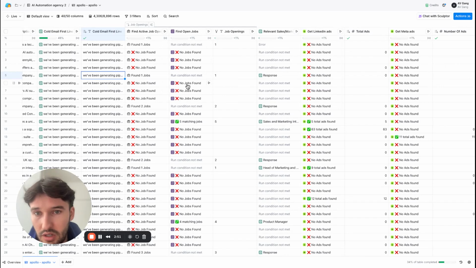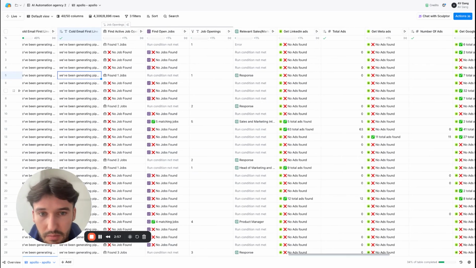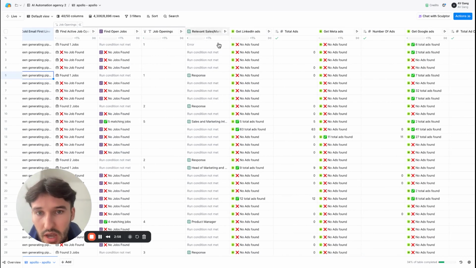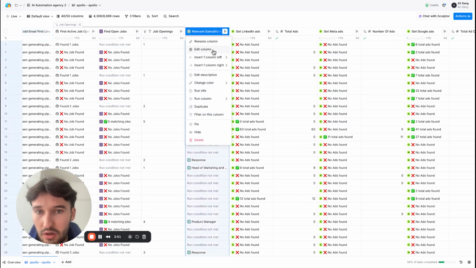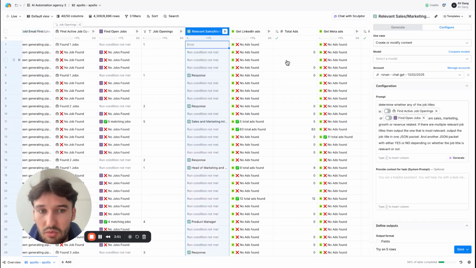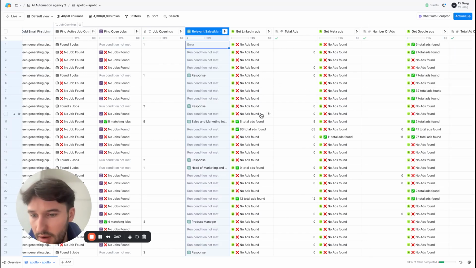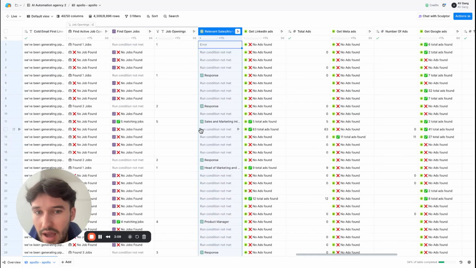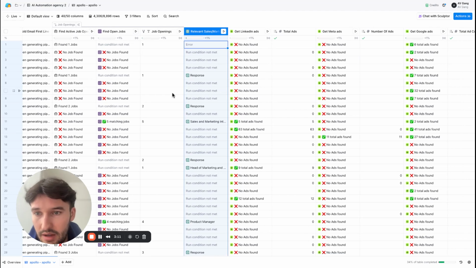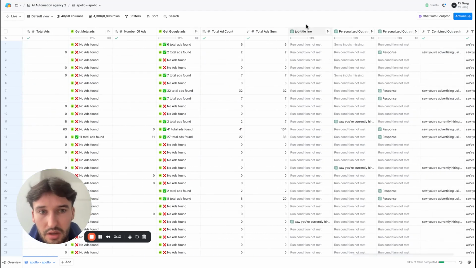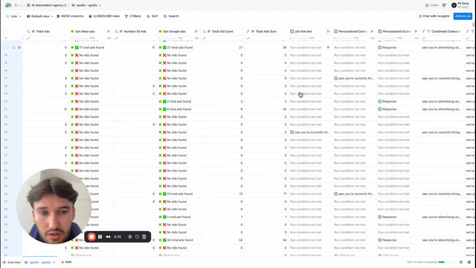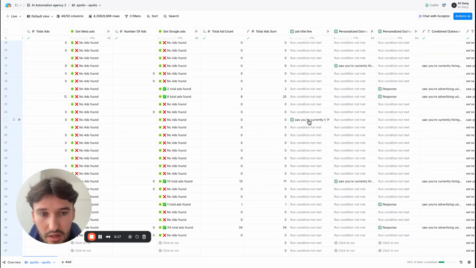So we can actually look, using a waterfall enrichment, at whether they have any open job postings on LinkedIn. And then we can use AI to basically analyze whether that job posting is actually relevant to sales, marketing, growth, revenue in general. And if it is relevant to that, then we can run this personalized line. So as you can see here, it says,